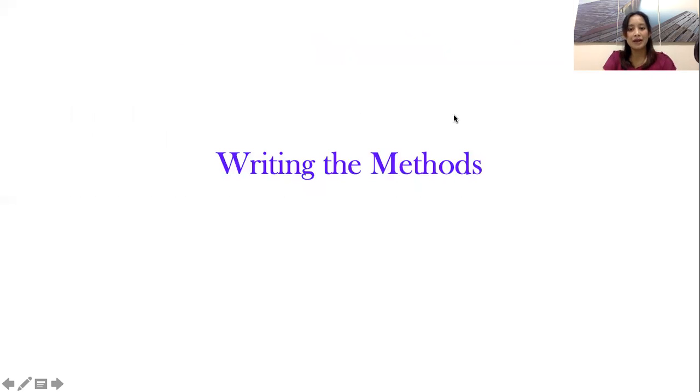So next, we're going to discuss how to write the methods part, no? Essentially how you will collect data in the protocol, no? Because it's the most important part of your research protocol, aside from your research question and your objectives. Because if the methods is well planned, no, you've identified potential sources of bias and confounding, then you will have a very, very smooth sailing data collection and valid conclusion at the end.